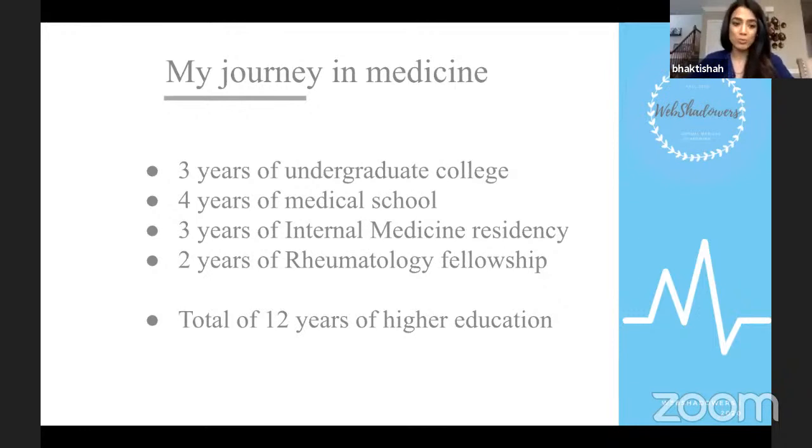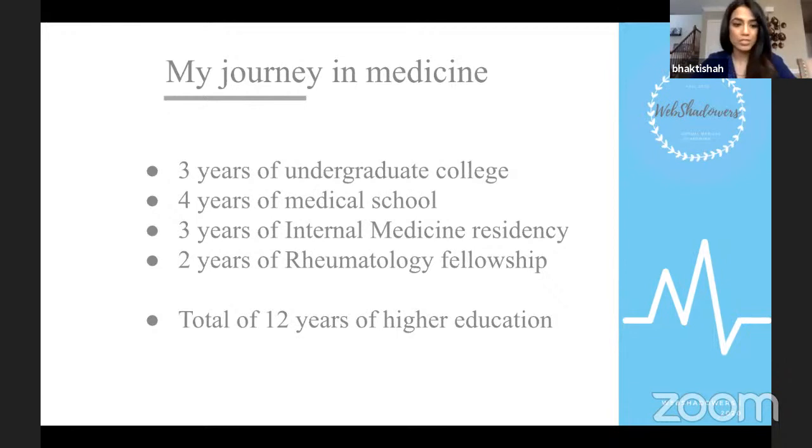I didn't know I wanted to do rheumatology until my first year of residency. I was interested in immunology and the pathophysiology of the immune system. About my first or second year of medical school is when I started to get intrigued by it. But even when I was in med school, I still really loved gastroenterology. I had my thoughts on rheumatology, nephrology. But really, after I did an elective during my residency in rheumatology, that is when I really said, I think this is the career path for me.